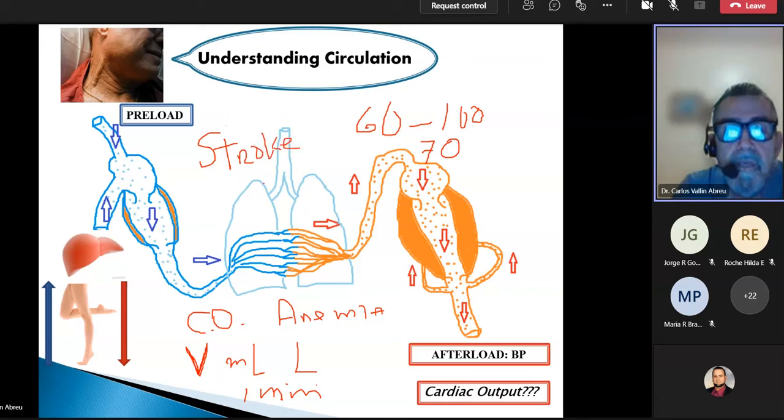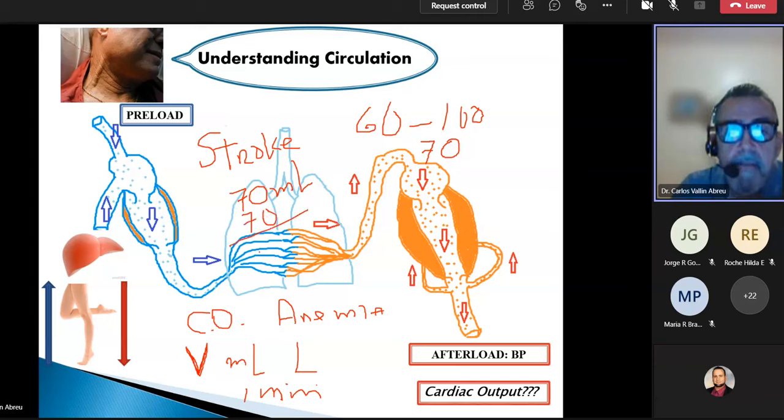And this volume at rest in an adult is an average of 70 milliliters. So each time your heart makes a systole, you are pushing around 70 milliliters of blood forward to your aorta. And if you do that 70 times per minute,